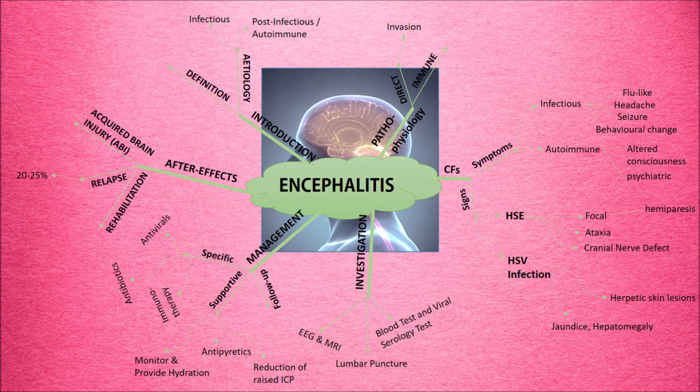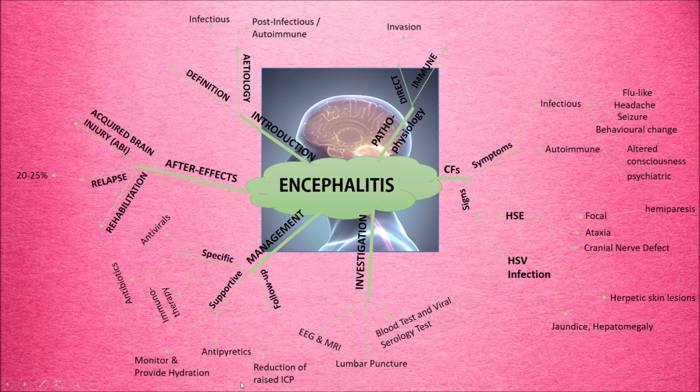And then the same goes for bacteria. If this is a bacterial encephalitis, we can give them the correct antibiotics according to the organism. And then, as I mentioned earlier, there is autoimmune encephalitis, and for this we can treat them with immunotherapy, which consists of giving steroids, intravenous immunoglobulin, and plus or minus plasmapheresis. Okay, just like meningitis, a long-term follow-up for an encephalitis patient is also required.